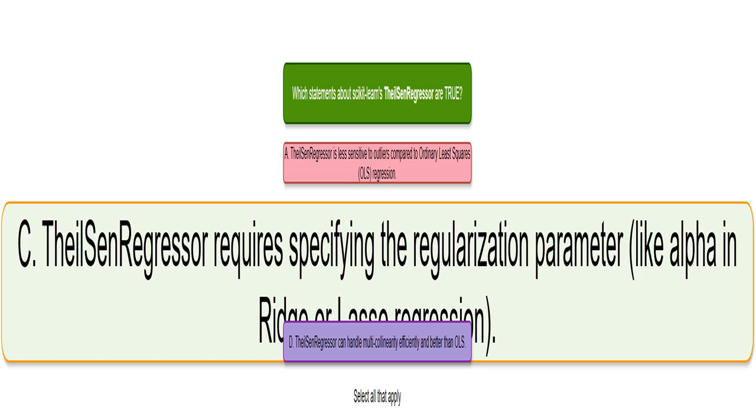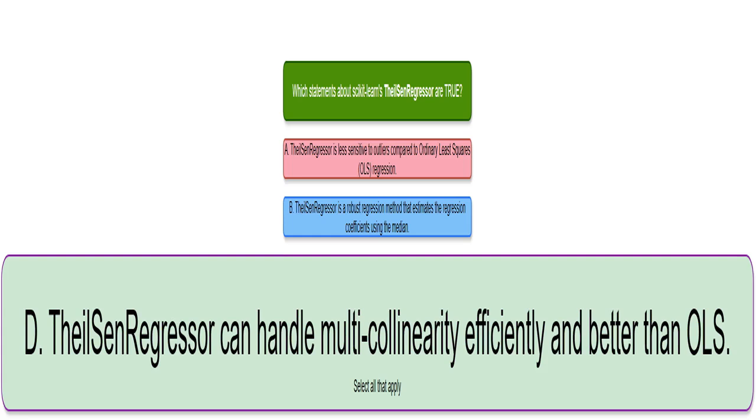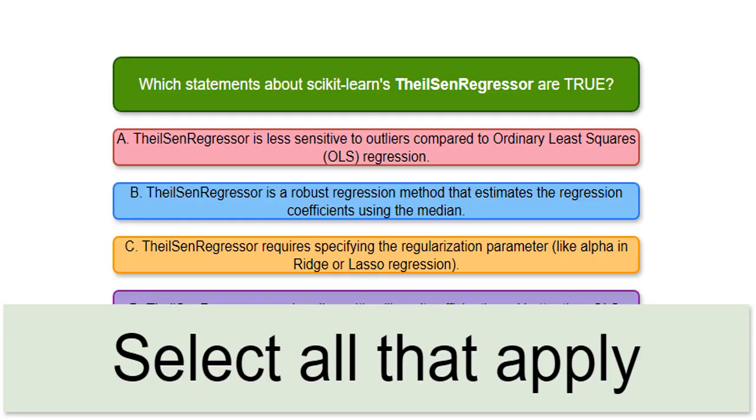I'll need to know what TheilSenRegressor is designed to do. This explores TheilSenRegressor's ability to handle multicollinearity, which happens when predictor variables are highly correlated. I need to know if TheilSenRegressor has special features to deal with this situation, compared to OLS. This instruction reminds me that multiple options might be correct. I need to carefully consider each statement and select all that are true about